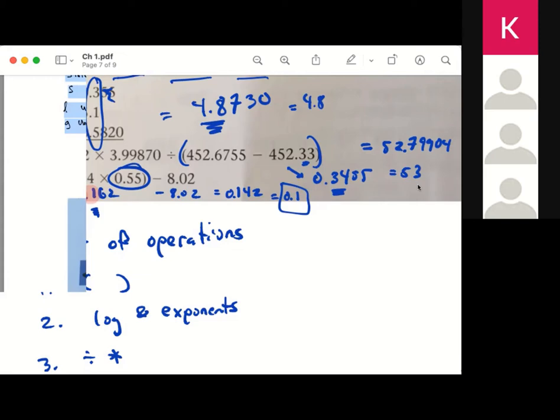All right, next problem, unless there's any other questions. And I'm glad that you're asking questions. So now you have 14.84 times 0.55 minus 8.02. It doesn't matter that this is in parentheses, because multiplication is before addition and subtraction anyways. So you carry out the multiplication here, and notice that this is to 2 sig figs. When you do this calculation, it brings you to 8.1. And we are sure of the 8.1, and then you subtract